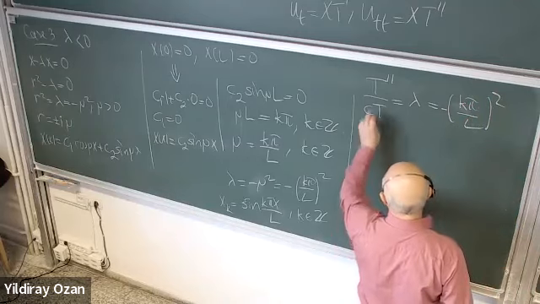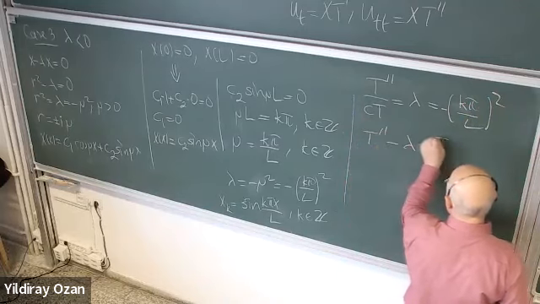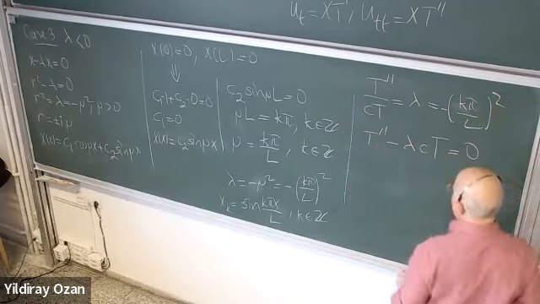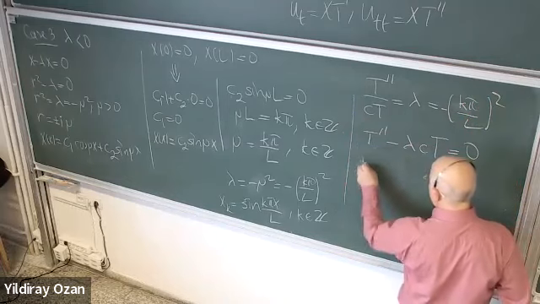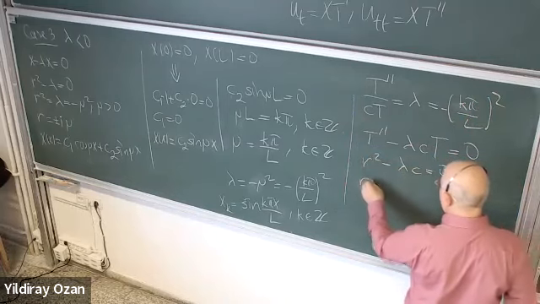All right, so this is just this equation. The characteristic equation is just r squared equals lambda c squared. Therefore, r is